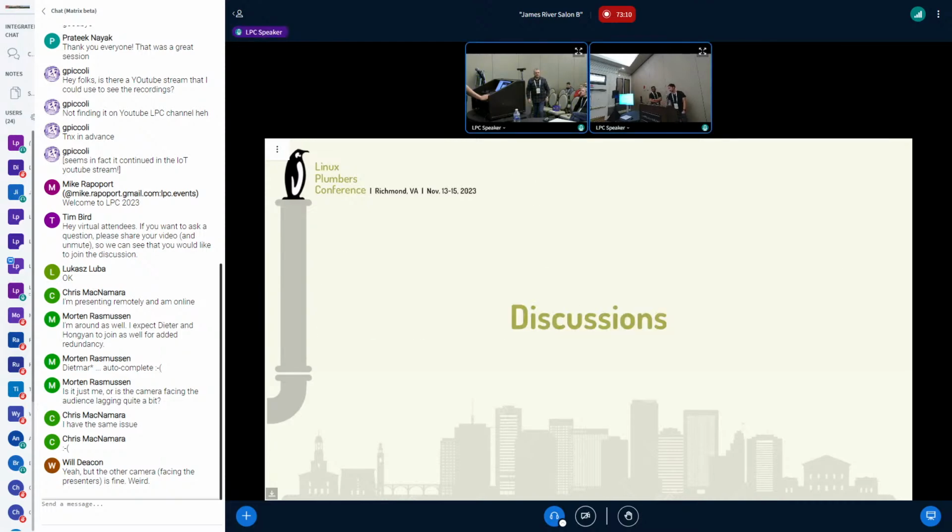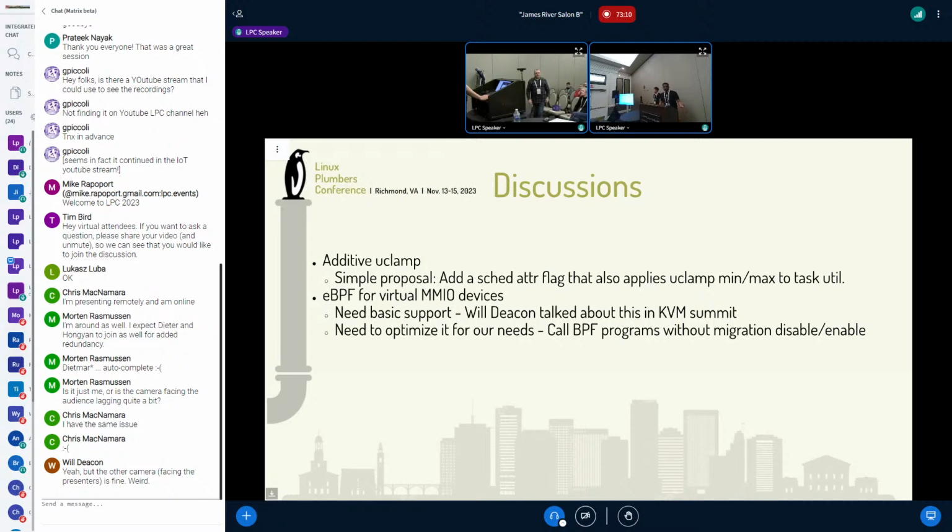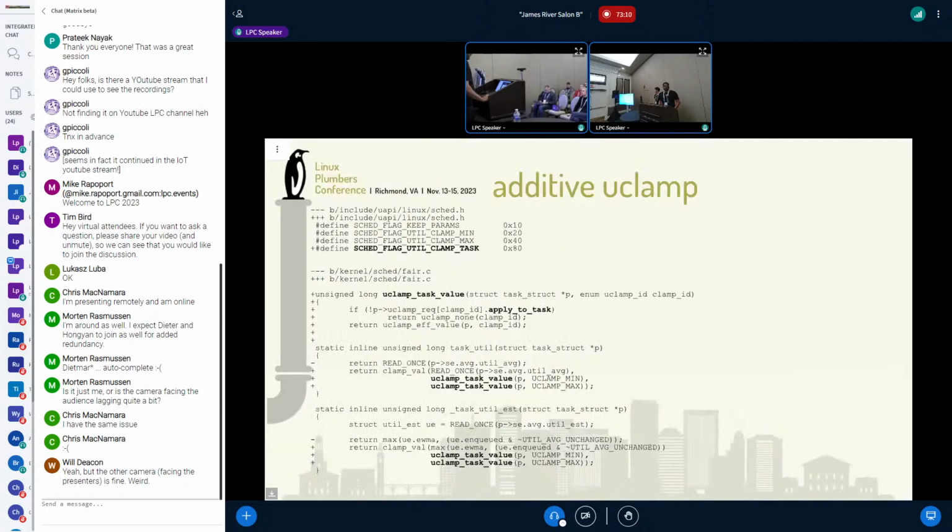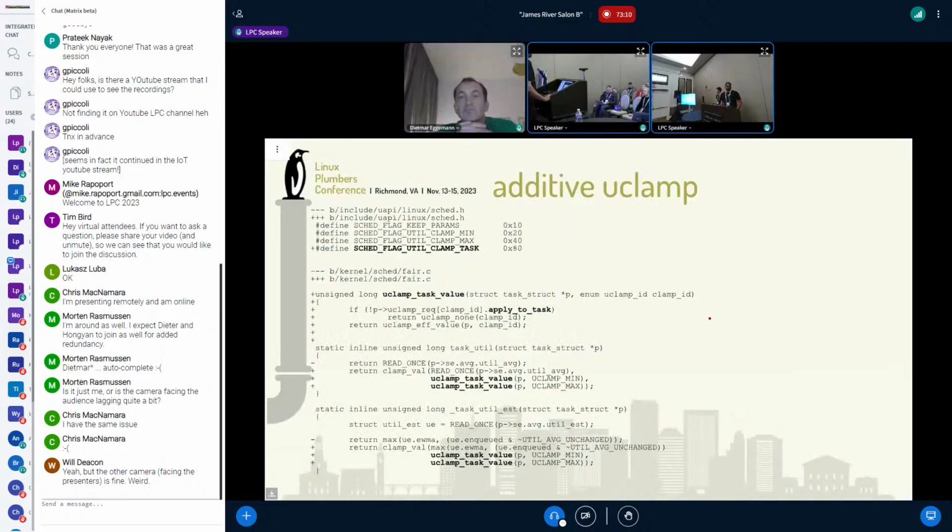Coming to switching over to discussions, there are really only two topics we thought we'd ask about. Feel free to comment on the existing ones we talked about. First is, can you do additive uclamp? And the second one is eBPF. Maybe eBPF might not be the best thing to talk about here, but for additive uclamp, I scribbled up a patch today, literally, just to give the idea of what we're talking about.